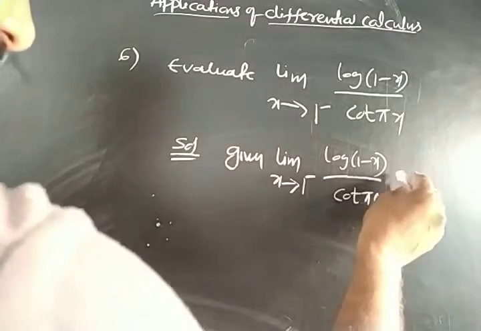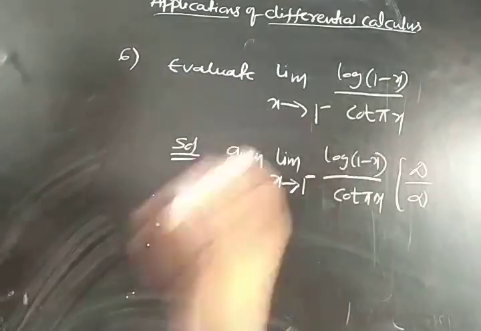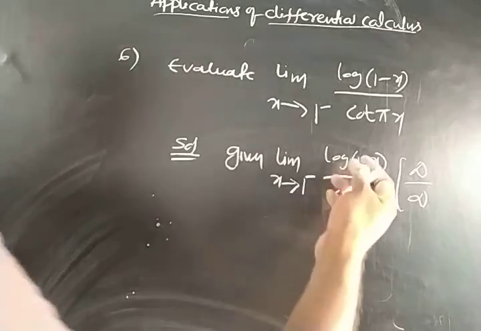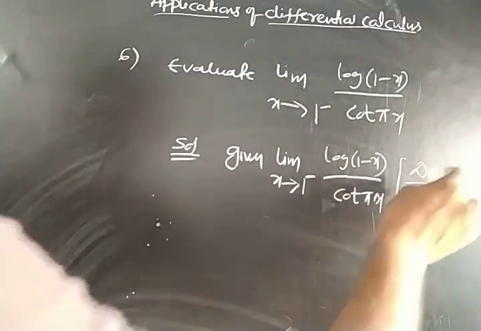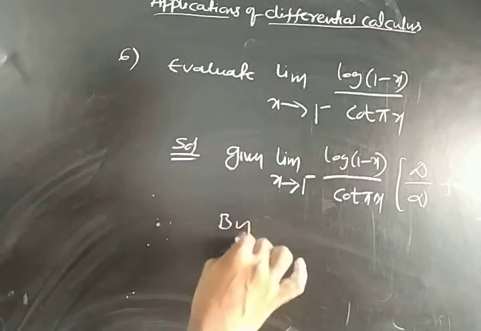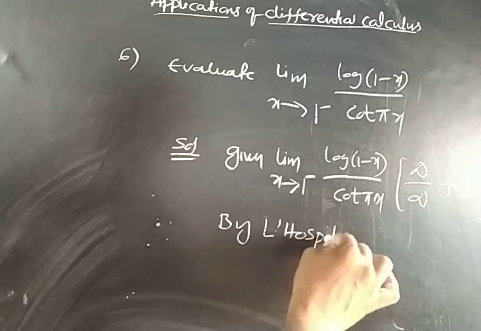So it is infinity by infinity form. Cot pi is 0, so log 0 also goes to infinity. It will not meet the x-axis at 0 if you draw the log curve. So it is infinity by infinity form, which is an indeterminate form. So by L'Hospital rule again, by L'Hospital rule,